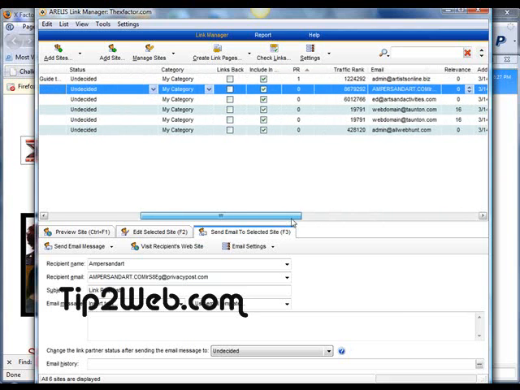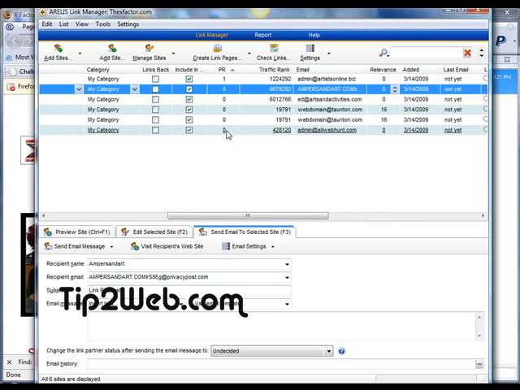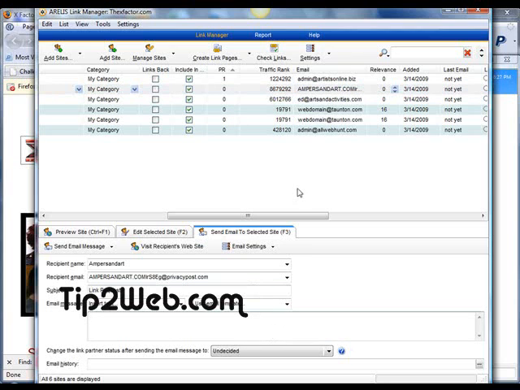Now, if you remember from some of our earlier discussions, page rank 0, page rank 1, not very helpful. But if you get a page rank 5, a page rank 4, a page rank 3, oftentimes in those instances, if it's a page rank 0 through 2 maybe, I'll just use this form and I'll quickly bang them out. I'll load 1,000 sites in here and just boom, boom, boom, boom, boom, send almost in a spam-like fashion